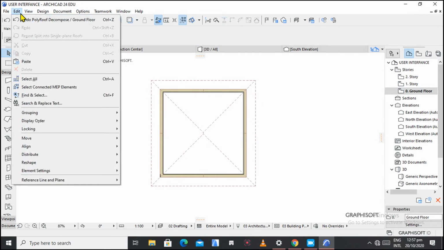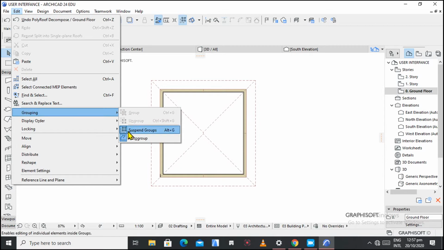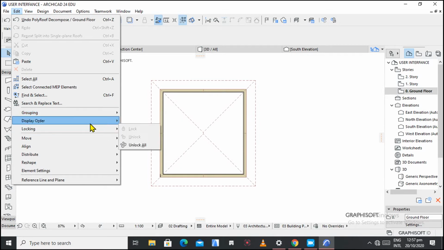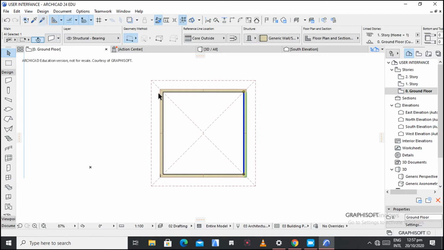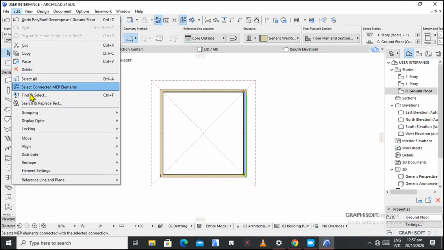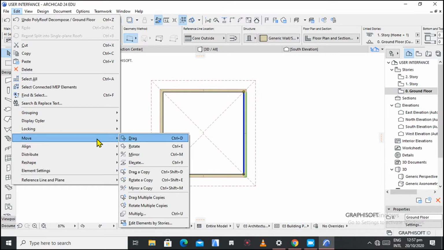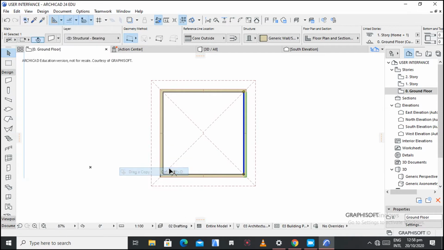So on edit, you have seen how to group, how to suspend group, and to do other things. Then there is display order, where you're going to bring forward, send backward, bring to front. Then there's locking, where you unlock and lock. Then there is move. With the move, we can highlight that one, then say we want to move it. You can see this one is on. So you can either drag, rotate, move, elevate, mirror it, or drag a copy. For example, here, if I drag a copy, you see I've dragged a copy,